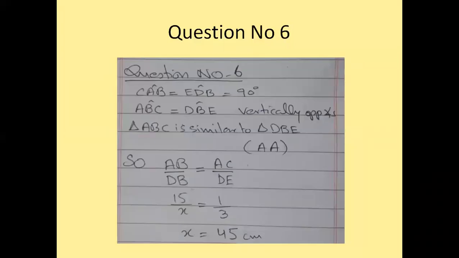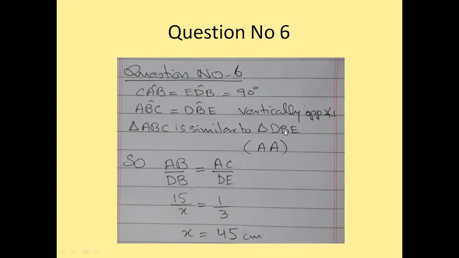So the CAB angle is equal to the EDB angle. Both of them are 90 degree because the candle is perpendicular to the principal axis, and the screen is also perpendicular to the principal axis. The ABC angle is equal to the DBE angle because they are vertically opposite angles. The triangle ABC is similar to the triangle DBE, by the angle similarity test. So now, because both the triangles are similar, I can take the ratio of the corresponding sides. So from here,